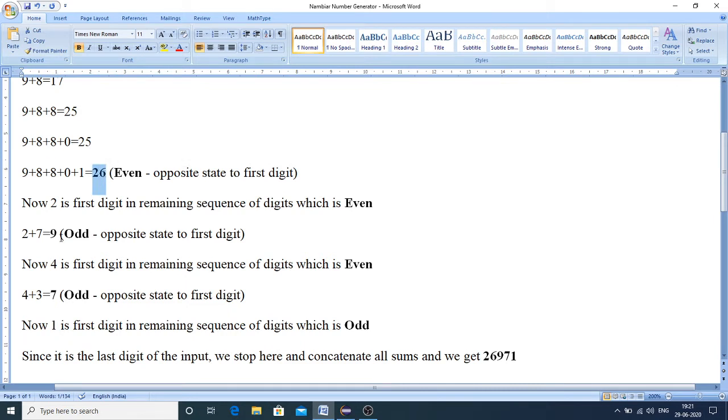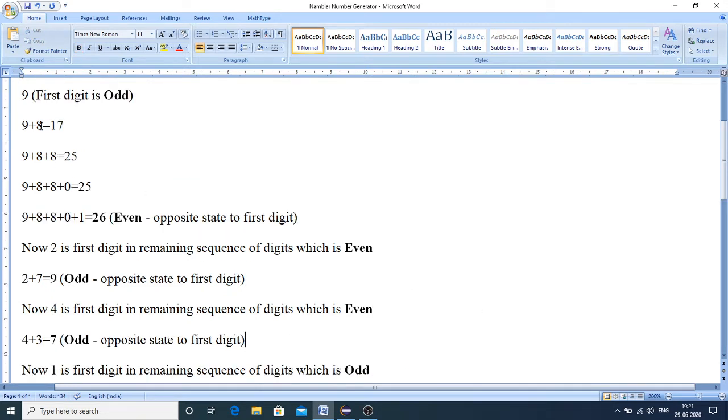Here 26 is one number, 9 is one number, 7 is one number, and the last digit 1 is alone, but still it has to be taken into account. That's the reason we get the resultant number as 26971. I hope everyone understood how you got this number 26971.